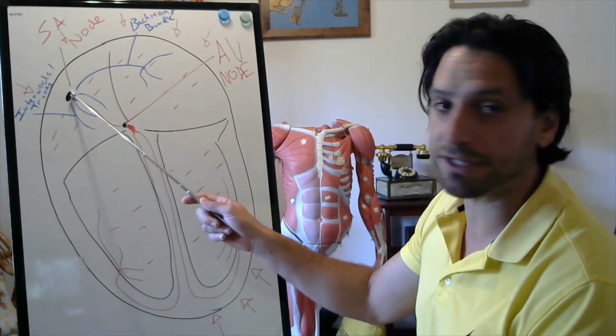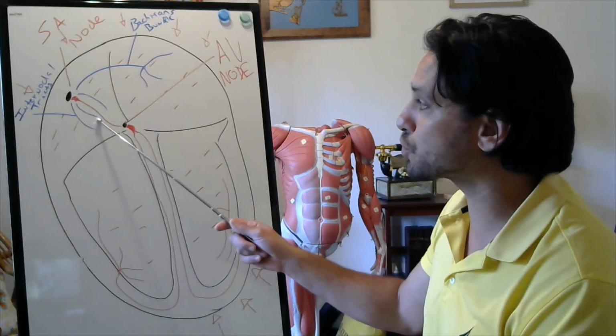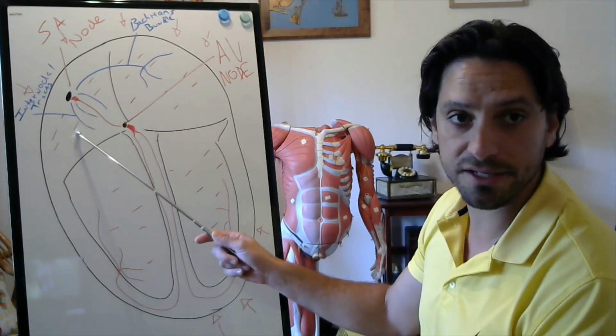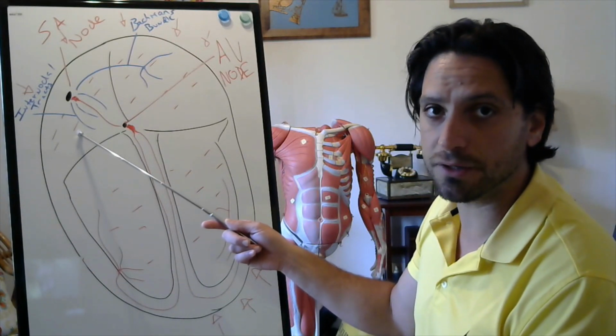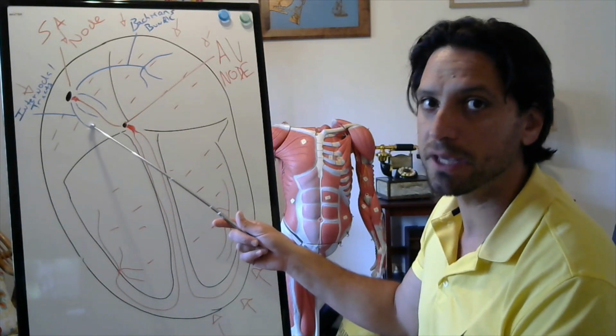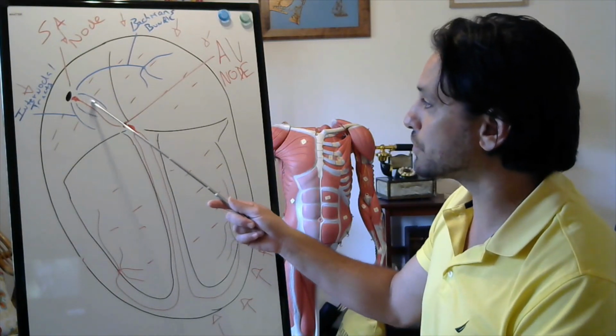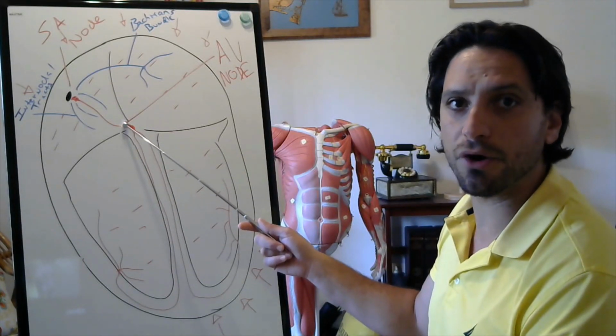And then electrical conductivity from the SA node travels down the internodal tracts, also causing contraction of the right atrium, or electrical conductivity to travel through the right atrium. Then it also travels to the AV node. The AV node then